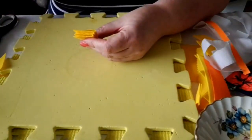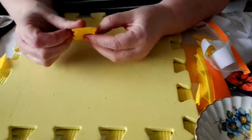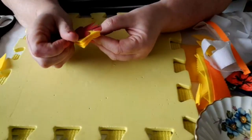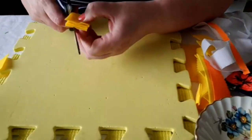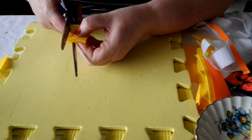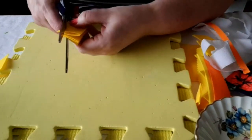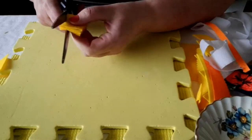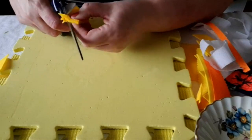So for instance, that flower template, although it's a little bit small for that, it's got the right shape for a daffodil. So I'm just going to cut mine freehand because I've been doing them all weekend, so I'm quite good at it now. Your daffodil shape has got a point, but not a sharp point. So you want to leave a 2 mil bit at the bottom to sew through, and then you cut towards the center